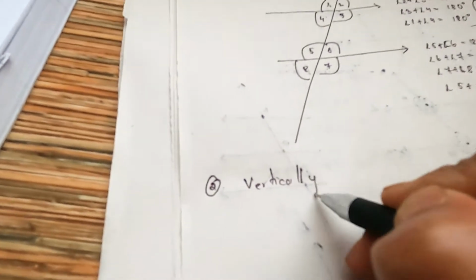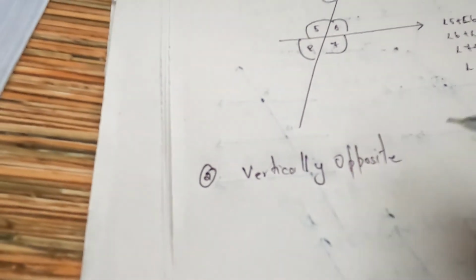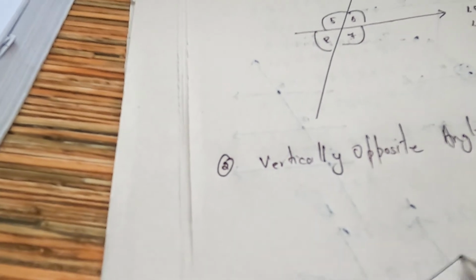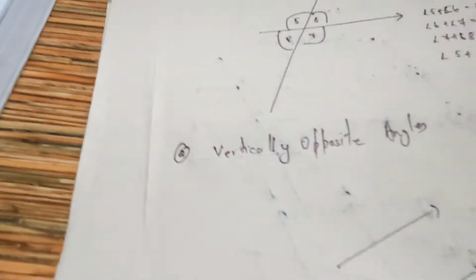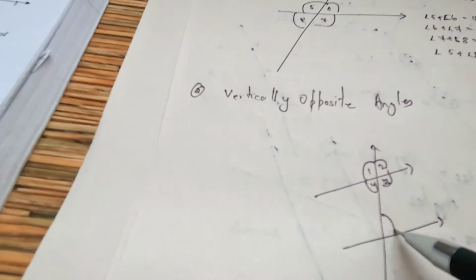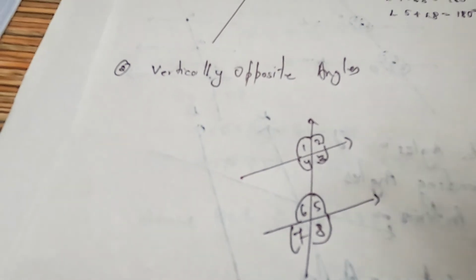Alright, next one, vertically opposite angles. So let me draw the two parallel lines and a transversal line. So in this case we will find out which are the vertically opposite angles. All right, so in this case vertically opposite simply means